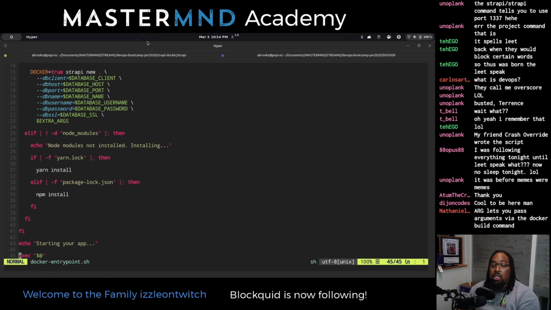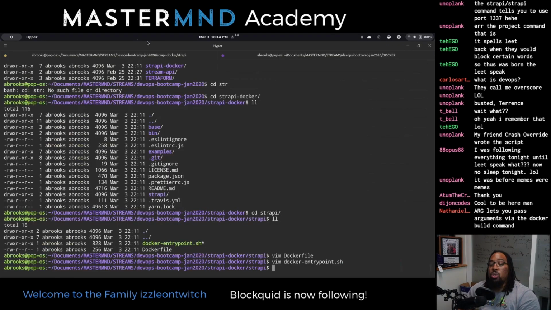This is a best practice, to use an entry point script to do the kind of runtime configuration rather than building a lot of that stuff into the image itself. And honestly, sometimes you can't build those things in the image because of the paradigm in which things run.